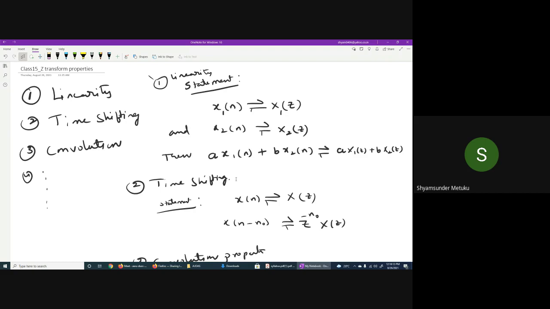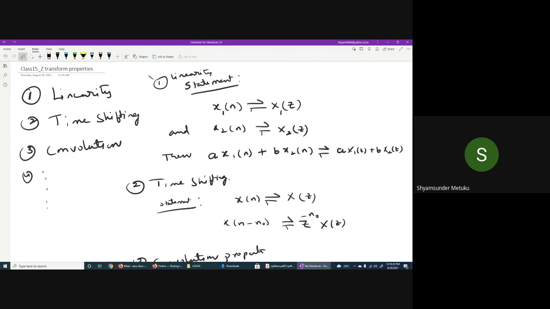In S, we represent rectangular coordinates. The real part is sigma, and the imaginary part will be the y-axis. Coming to the z domain, z is equal to r into e power j theta. Polar coordinates we generally consider, and we have seen what the region of convergence is for both cases,